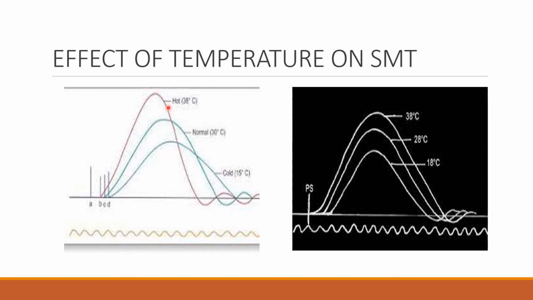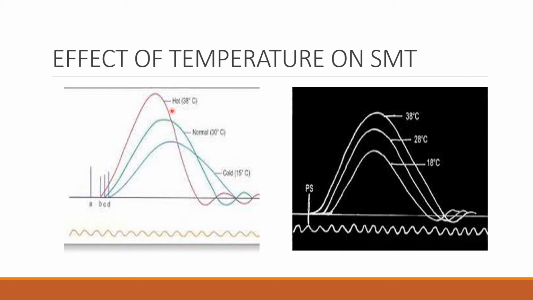So what happens means, so all the periods, latent, contraction, relaxation periods will decrease and height of the curve will increase. Okay, so this decrease in latent period and all the periods is because of increase in conduction velocity, increased rate of neuromuscular transmission, and also due to faster contraction and relaxation because of activation of myosin ATPase activity and decreased resistance of muscle to contraction as the viscosity of muscle decreases with increased temperature.